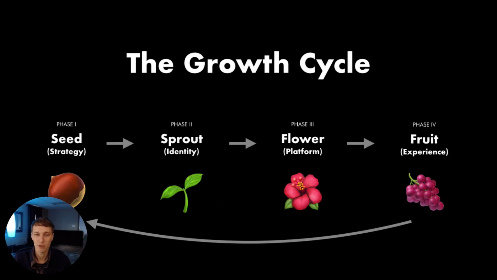We are going to be talking about identity systems. So we'll explain exactly what that means in just a moment. But first, let's have a little recap. We've been going through every week, going through this whole process of Brand Alchemy, going from seed to sprout to flower to fruit. And today we are going to be wrapping up the sprout phase, which is the identity phase.